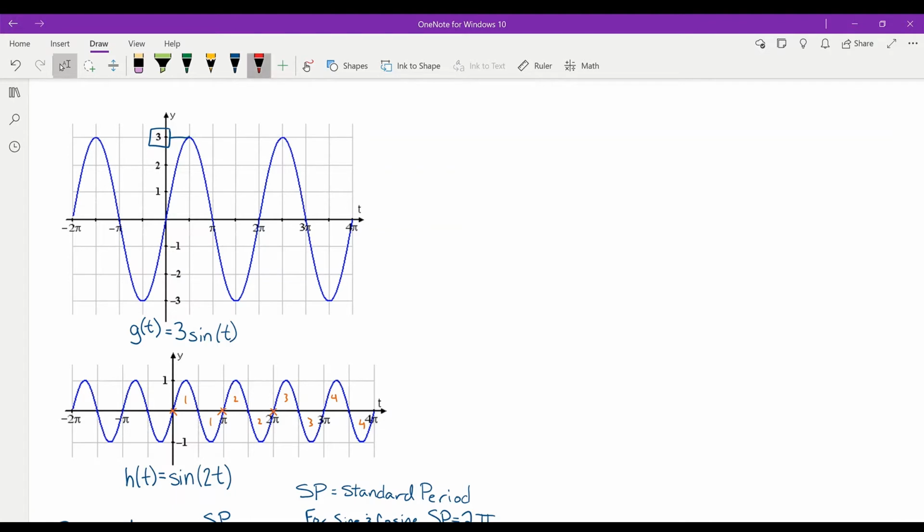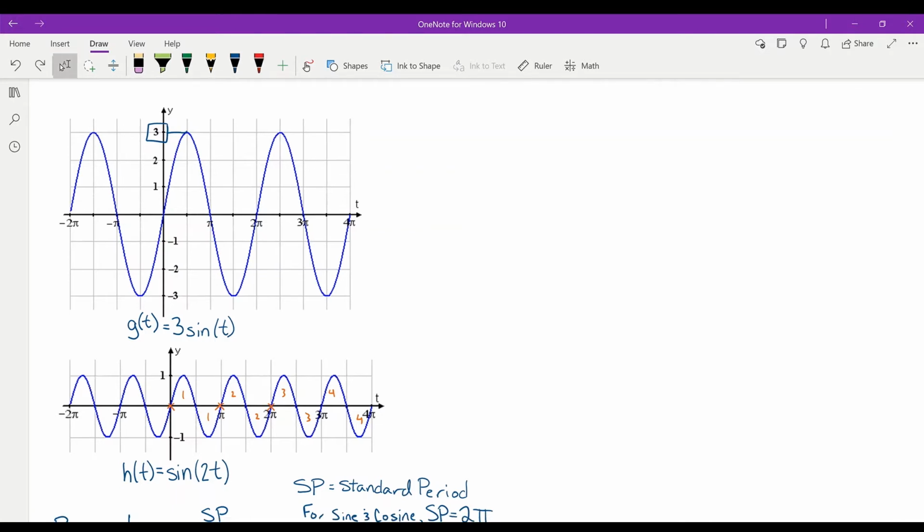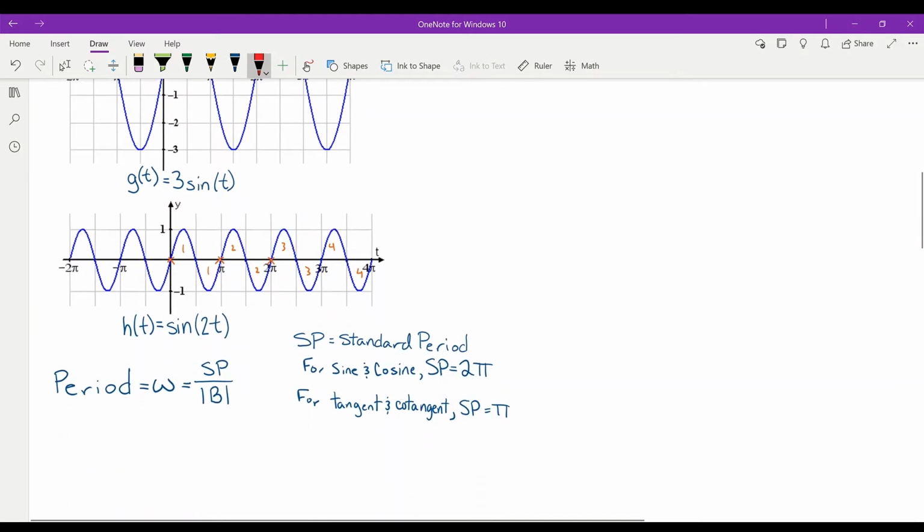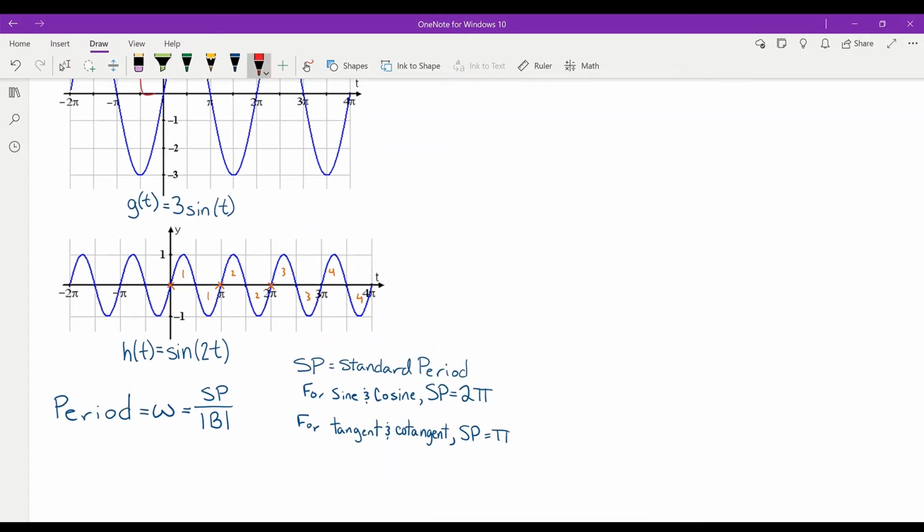Now we're going to be looking at some modified sine graphs. This graph is g of t equals 3 sine t. And you notice that the amplitude of this graph is 3 and not 1. The graph looks about 3 times higher. It's stretched out right there. And with this one right here, you notice that